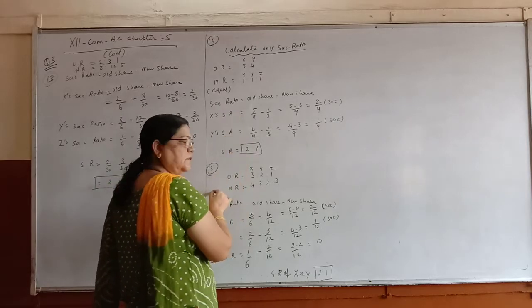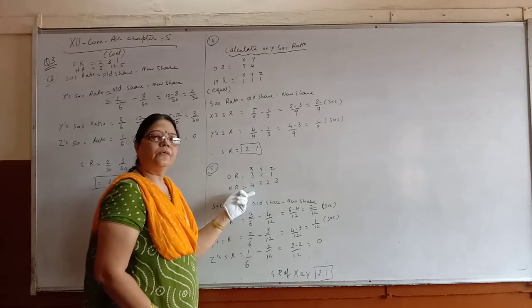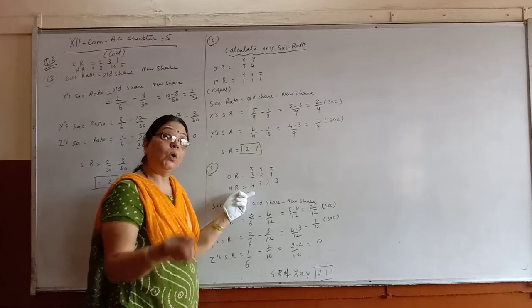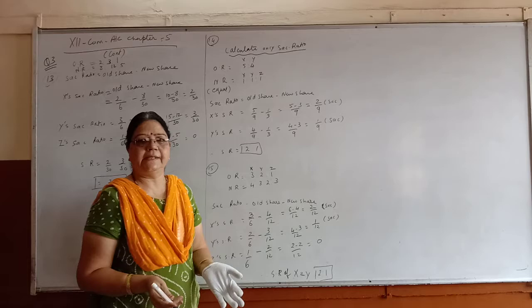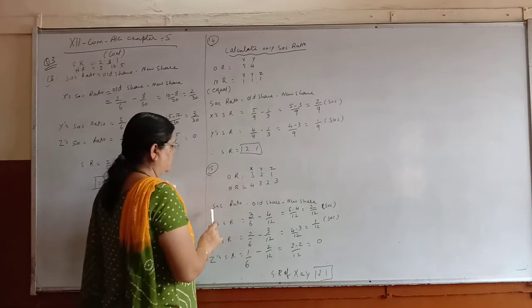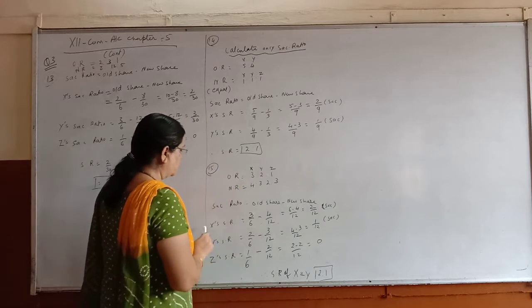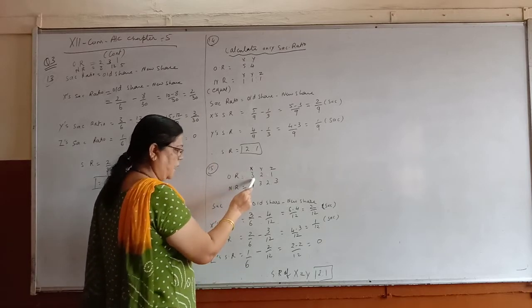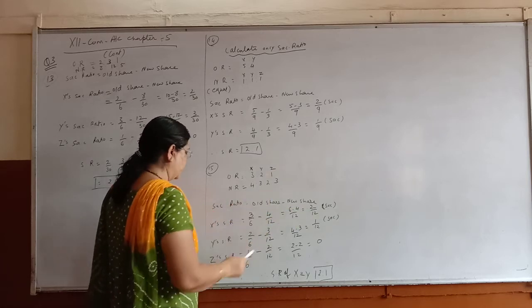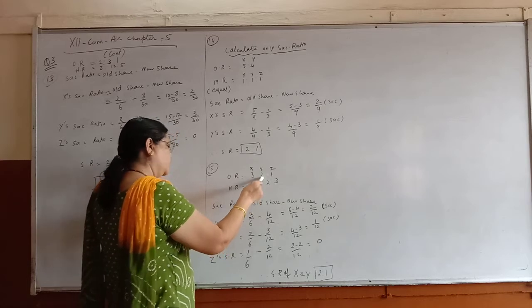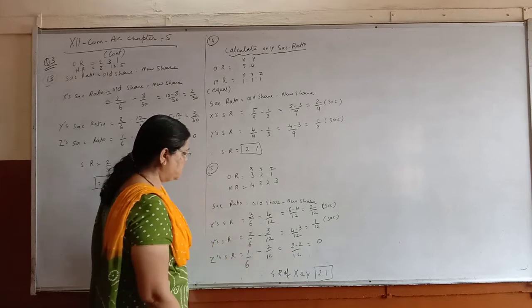The 14th one, 15th also same, children. Old ratio is given, new ratio is also given. So we have to find out the sacrifice of old partners, not the new partner. The new partner will get it; he is not sacrificing anything. So the formula is old share minus new share. So X, what is his old share? 3 upon 6 minus new share 4 upon 12. So you will get 2 upon 12. Y, same way, 2 upon 6 minus 3 upon 12 new share. You will get 1 upon 12.